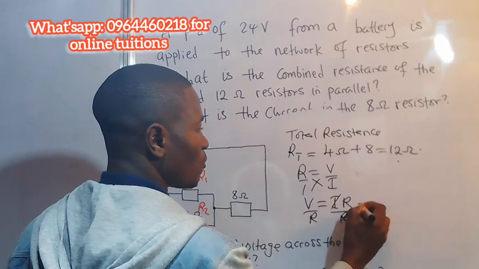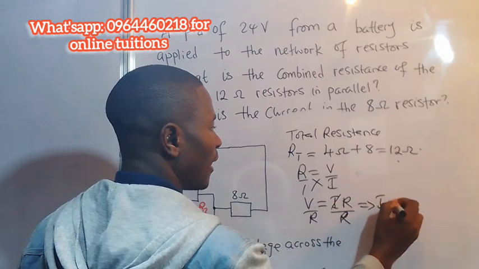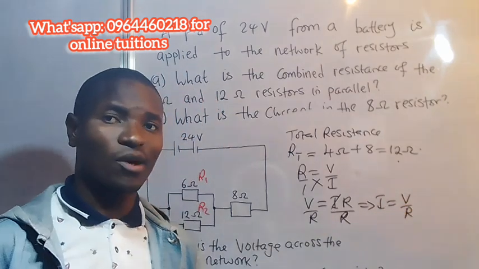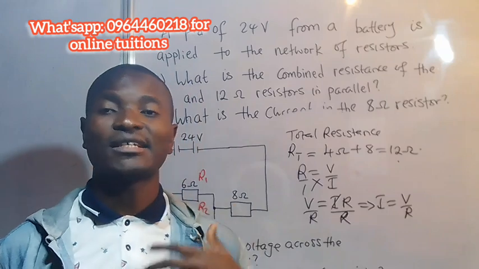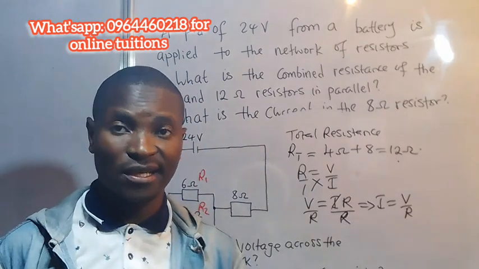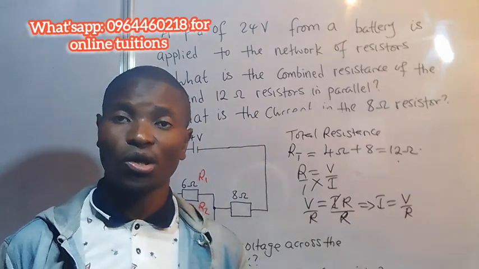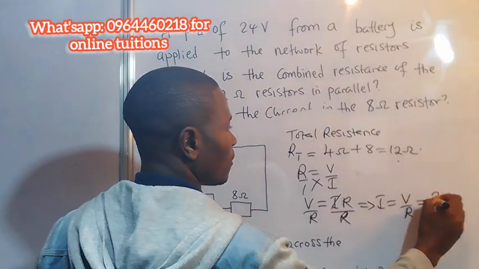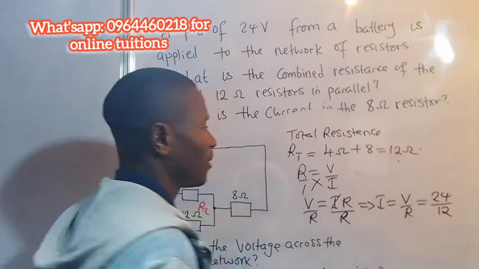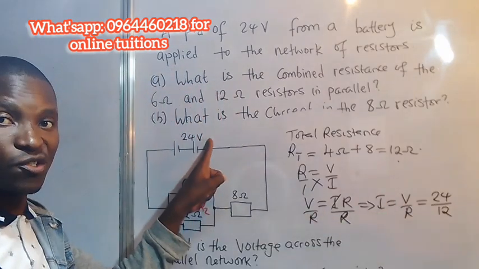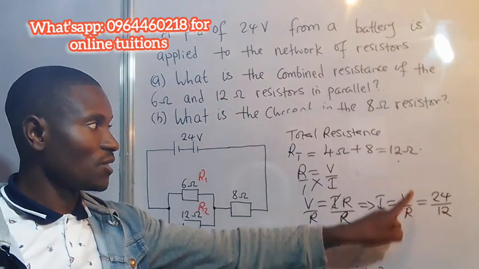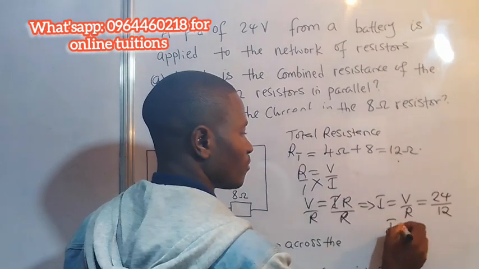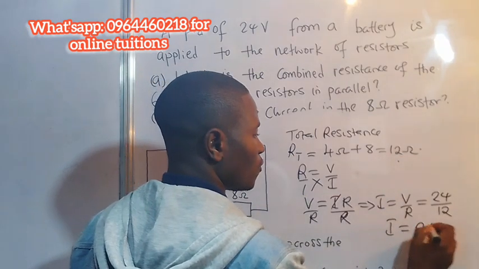So now we are going to have I equals V over R. Now we know that the R that you're going to use is the total resistance of the circuit and the voltage is the total voltage of the circuit. So now this is going to be: the total voltage is 24 and the total resistance is just found to be 12. So this is going to be,